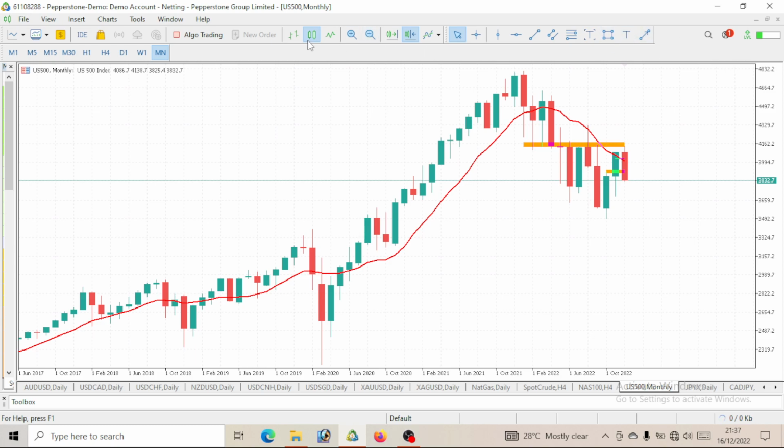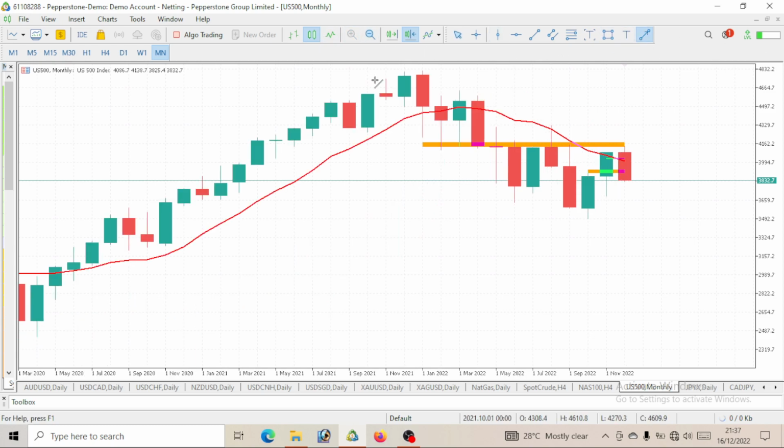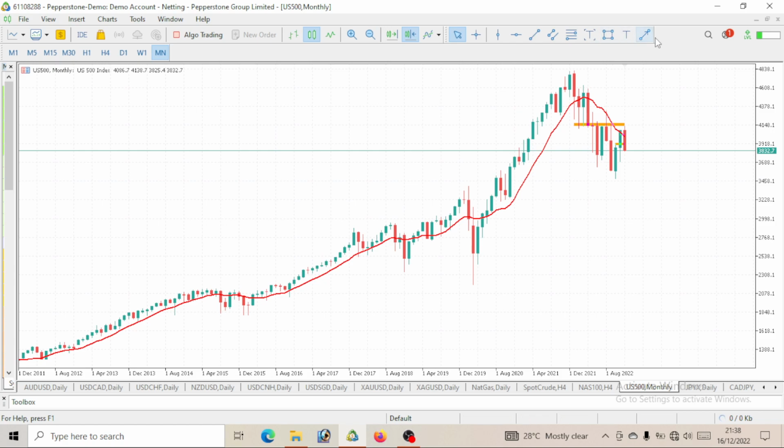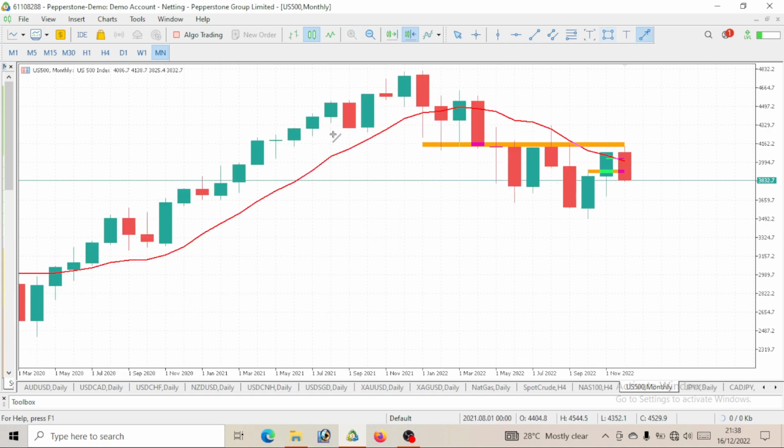Now, if you see this movement from early 2022 ever since till now, it is actually a bearish move. You clearly can see lower lows and lower highs. You can also see that this price is now trading below our 10 period moving average, as compared to previously, when it was trading above the moving average. So you can clearly see lower lows and lower highs.